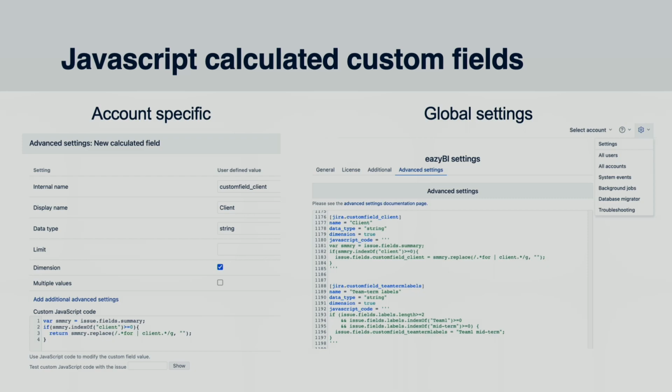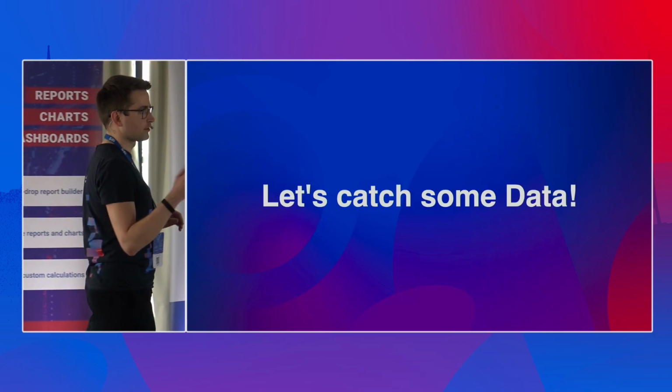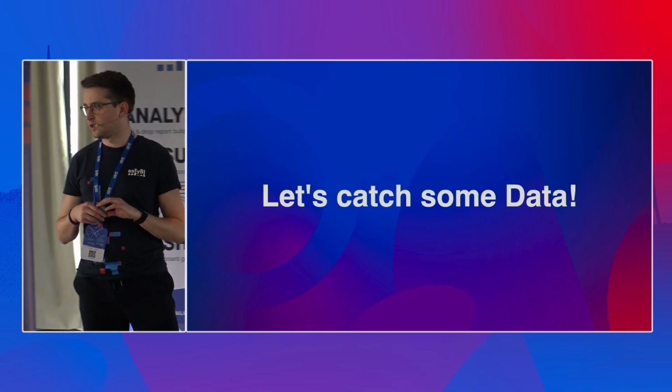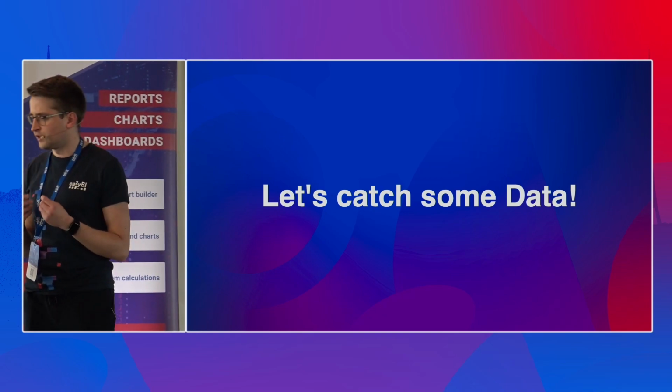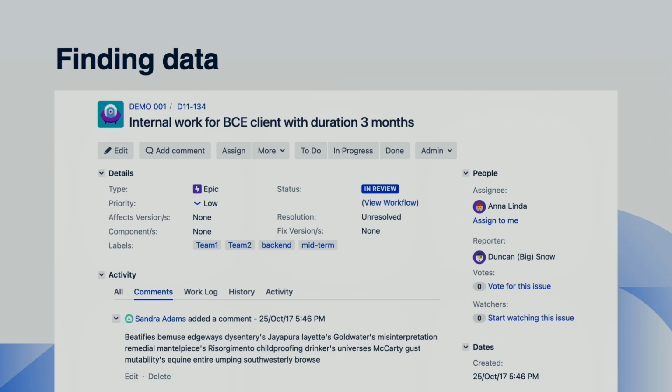So let's go through a step-by-step process of how to recognize the data and how to figure out the logic of how we can retrieve the actual data. So we have our unpopular issue on our unpopular epic that has everything in it, a bit messy. There is some structure to it, but we would like to analyze more from it. We see that there's the summary that has everything in it, the overused labels,